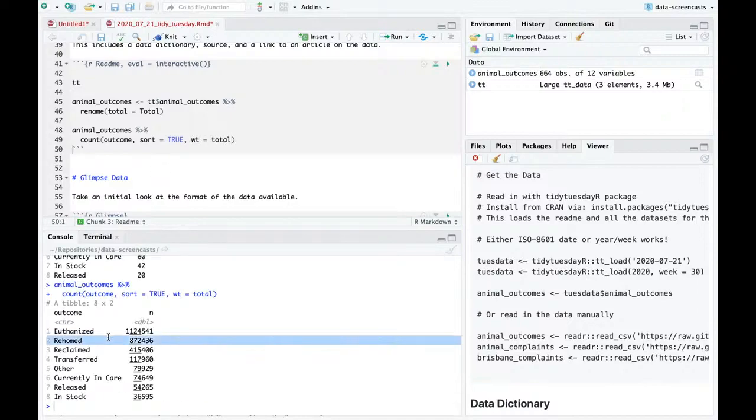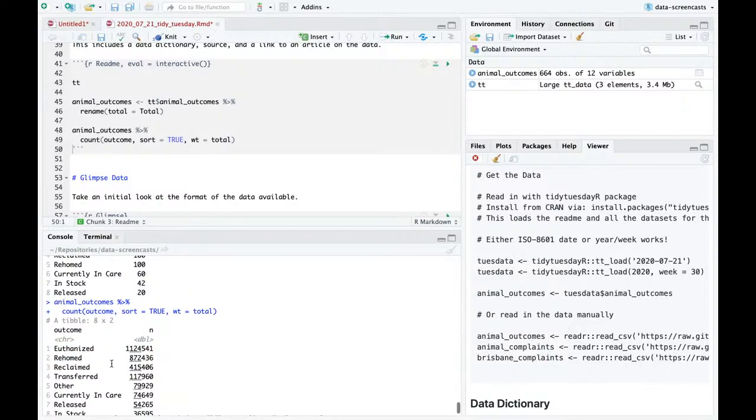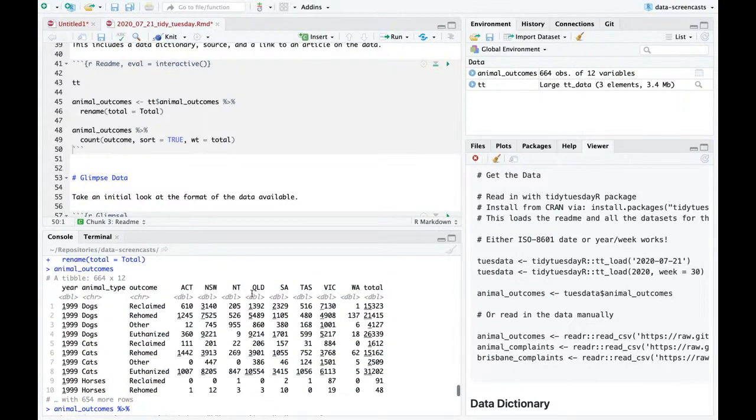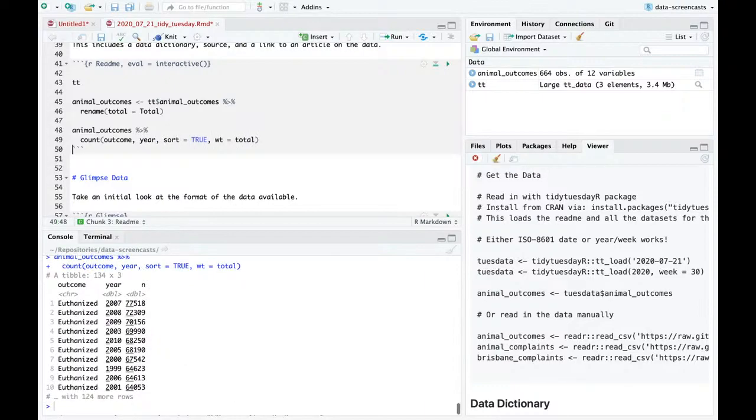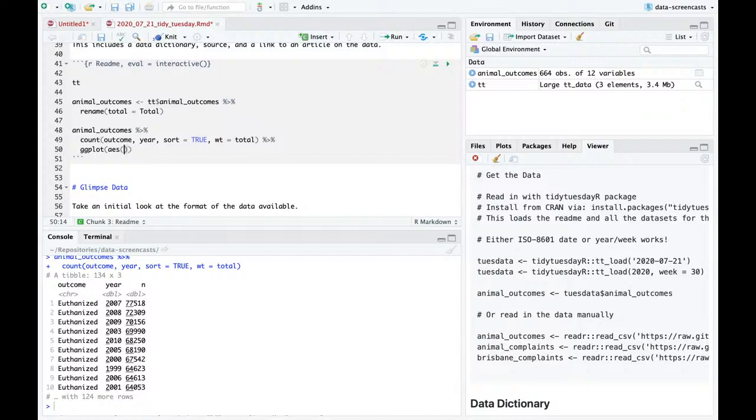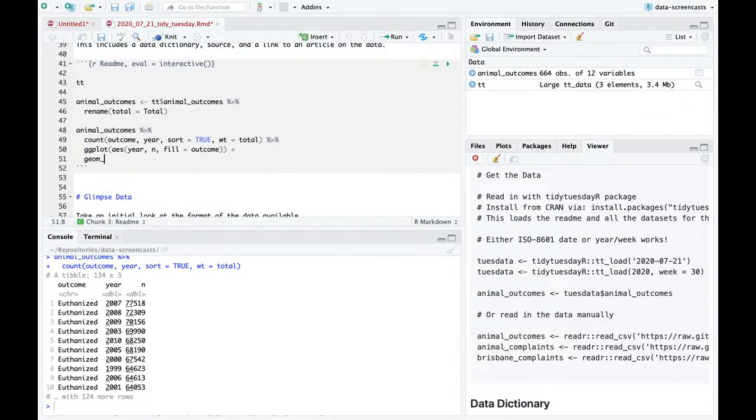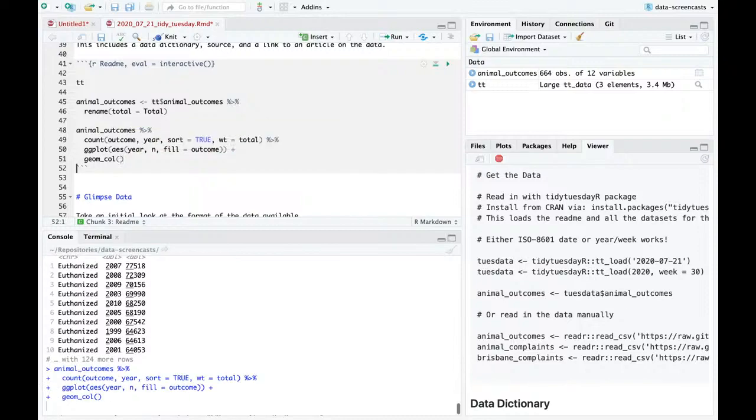All right, so most animals were euthanized. Some were rehomed, reclaimed, transferred. I'm going to work around the total to start. So I'm going to actually say, here we go, I'm going to do it by year. And then this we can plot as x = year, fill = outcome, stacked bar plot, since they're components of